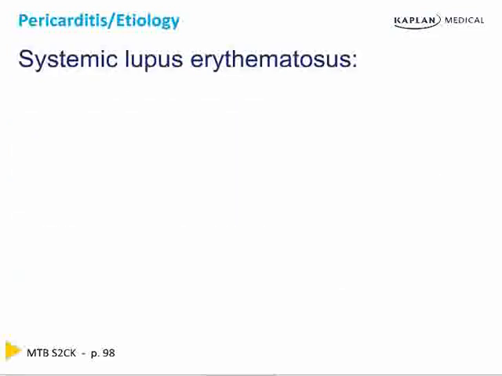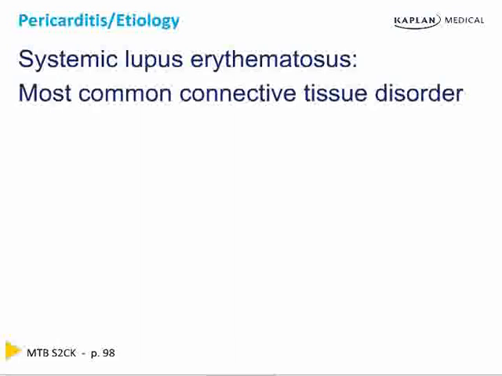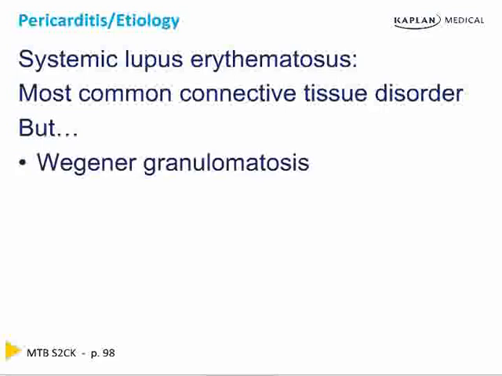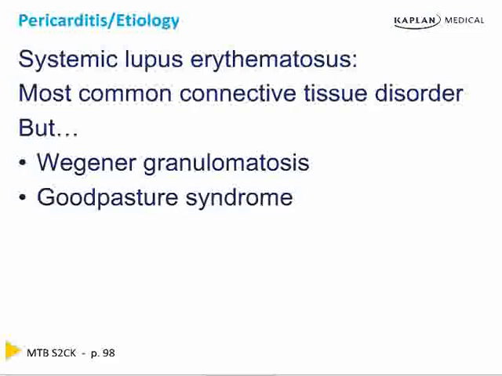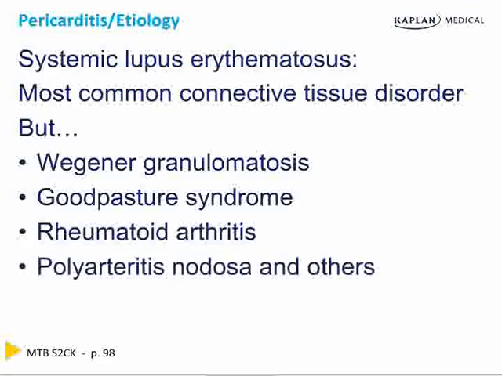Although lupus is the most common connective tissue disorder to cause pericarditis, any of them can do it. Wegener's granulomatosis is a vasculitis that can do it. Goodpasture syndrome causes inflammation of the lungs, and rheumatoid arthritis causes vasculitis, and polyarteritis nodosa, and Churg-Strauss syndrome, and microscopic polyangiitis, and any cause of vasculitis can inflame the heart, make it upset and angry with you, and cause pain,